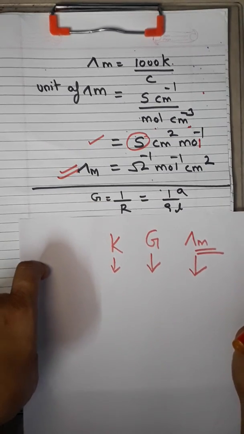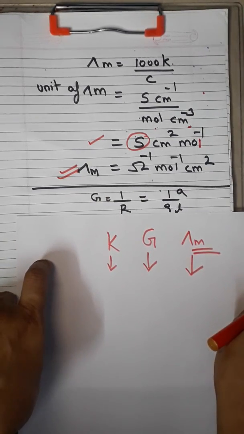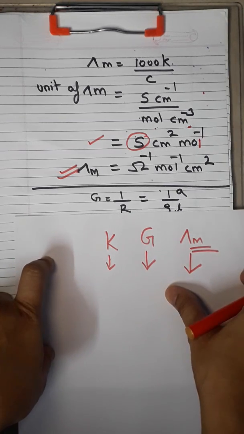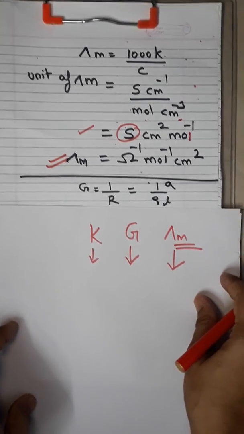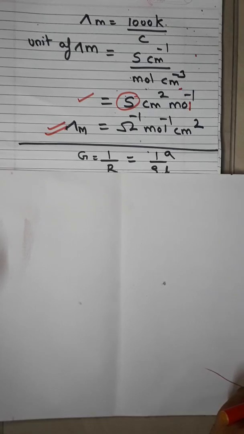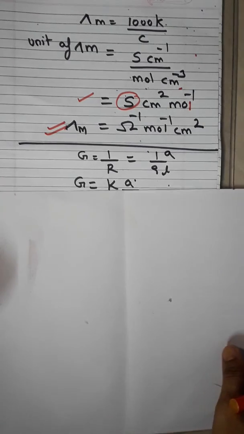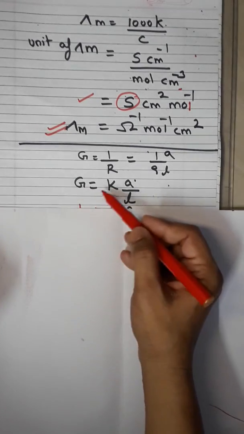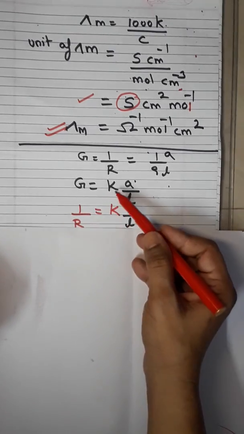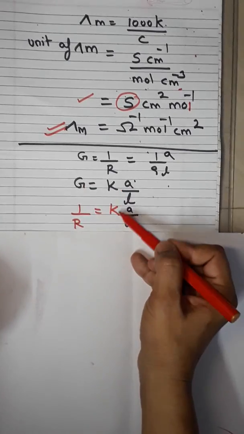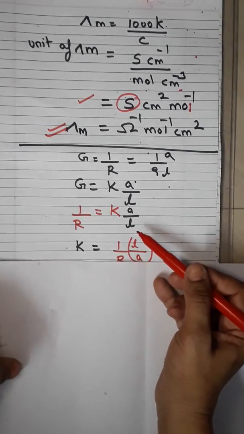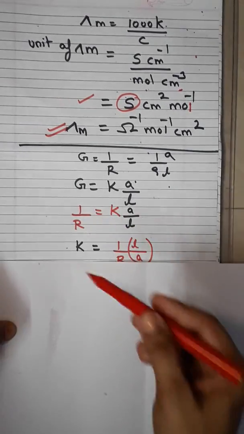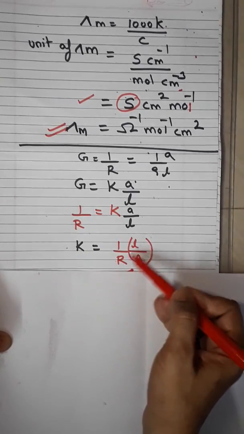Now, yes, I remember that we were discussing how to calculate conductivity using conductivity cell. Okay, so I have written here G is equal to 1 upon R. It is not new for you what I have written. G is equal to 1 upon R and 1 upon rho A upon L. G is equal to K A upon L. Now I write G as 1 upon R, K as K, A as A, L, and I shift L and A other side. So I get K is equal to 1 upon R, L upon A.